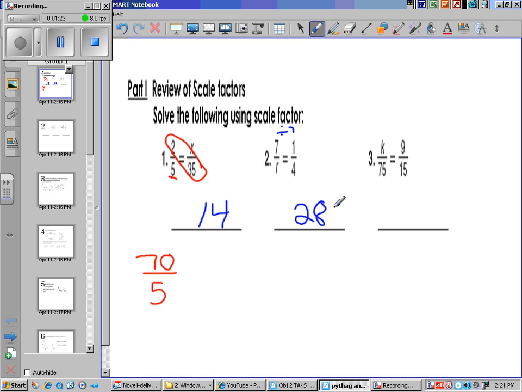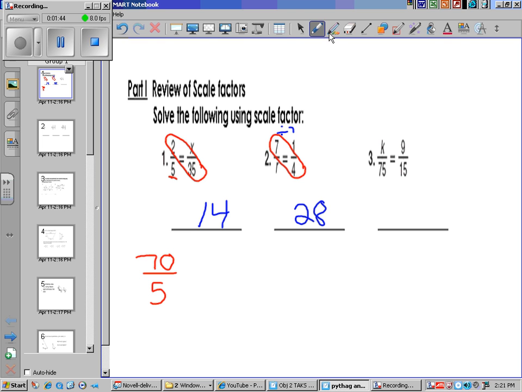When they're already set up like these, I tend to find it a lot easier to do the ratios and proportion, the cross multiplying. So I would multiply these two together and get 28 divided by 1, still giving me 28. So on the next problem, I would go here and